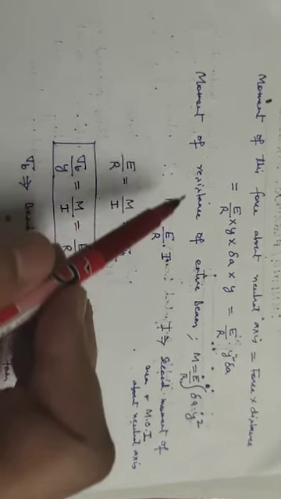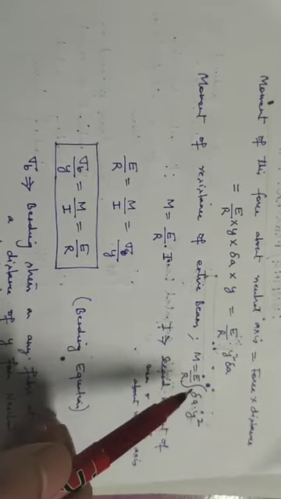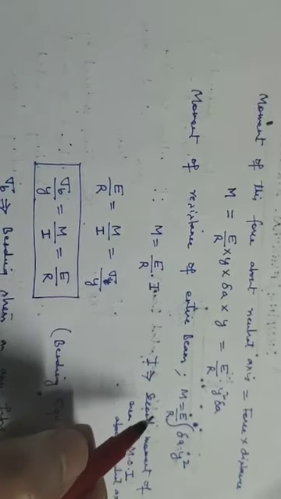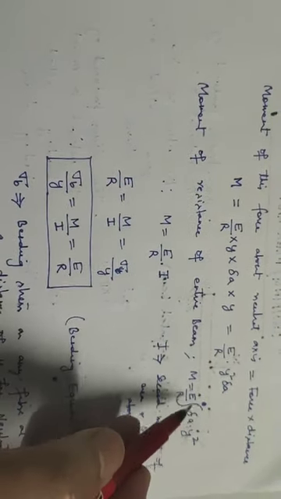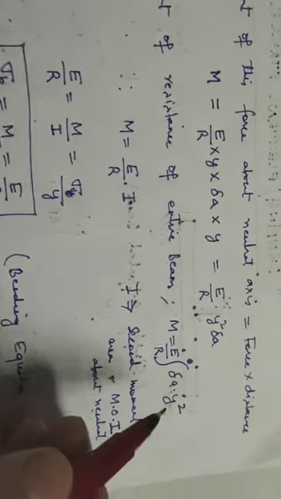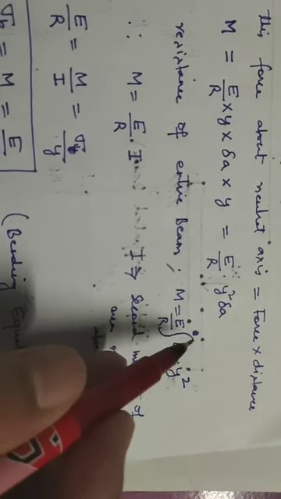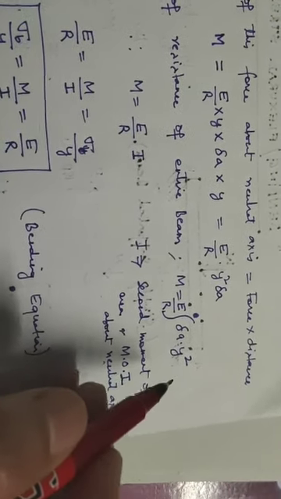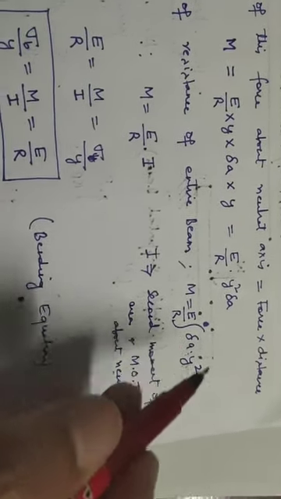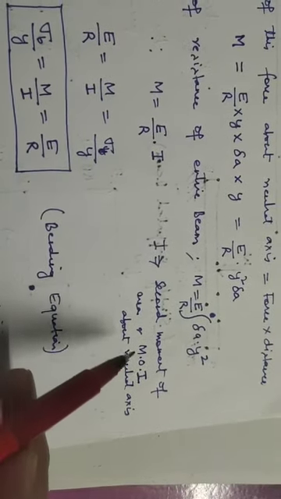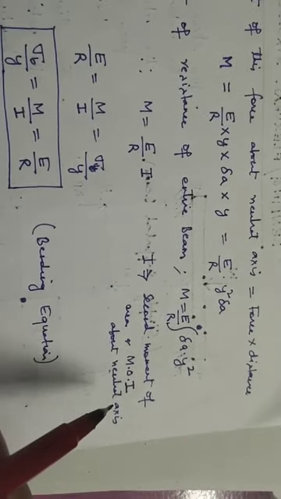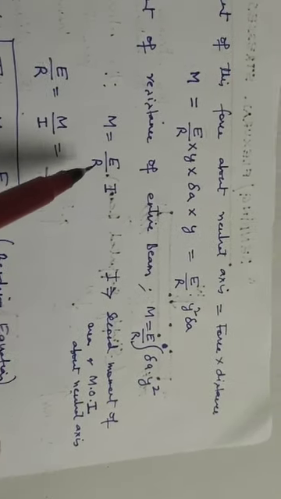And the moment of the entire beam will be by integrating this. So the moment M, this is your M, will be equal to E by R constant, ये बाहर आ गए, integration of delta A into y square. So what is delta A y square integration? Area into y square. Unit will be meter 4 or unit 4. So this is known as the second moment of area or moment of inertia of that beam about the neutral axis. So M will be equal to E by R into I.